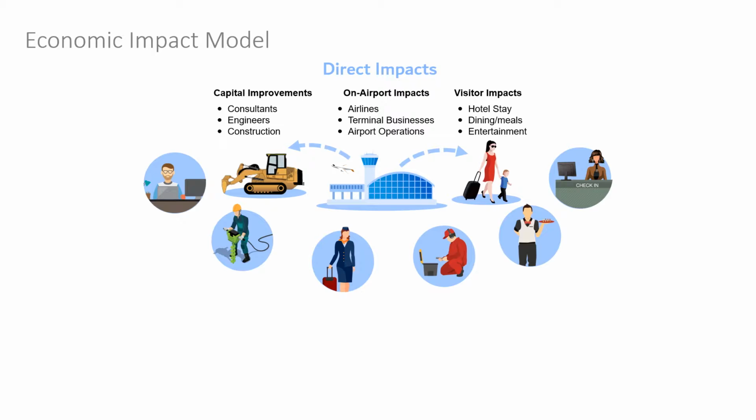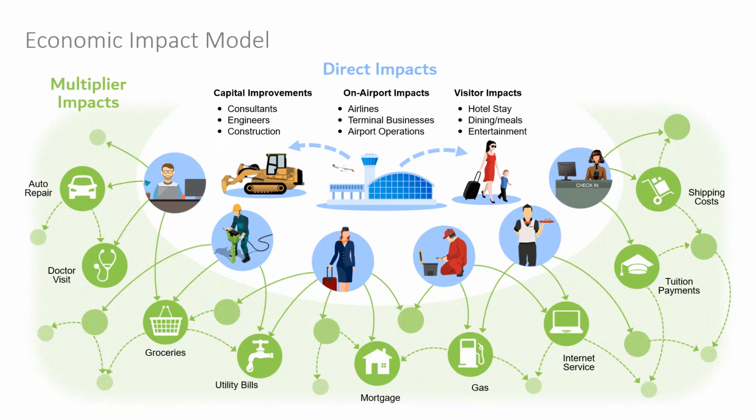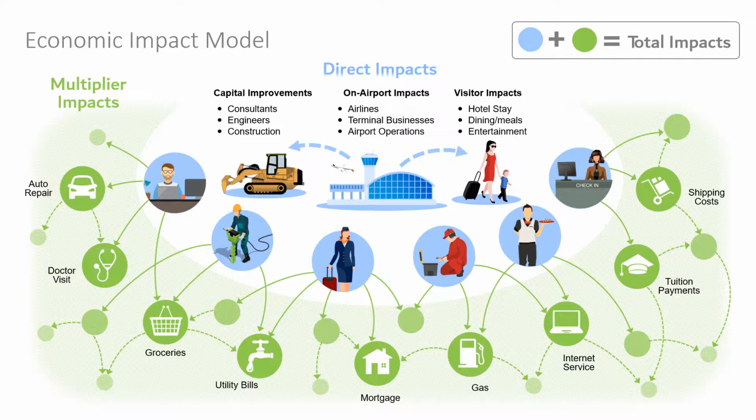Now, beyond these direct impacts, there are what we call multiplier impacts. So that waiter at the restaurant, he spends money on utility bills, possibly a mortgage, buys gasoline in the area being modeled, in this case, the tri-state region, and that can occur multiple times. And the model takes into account how often those impacts recirculate or multiply within the region before they leak beyond the boundaries. So together, the multiplier impacts plus the direct impacts result in the total impacts attributed to the Huntington